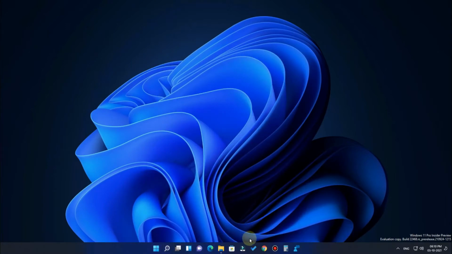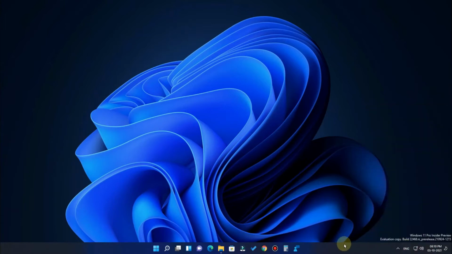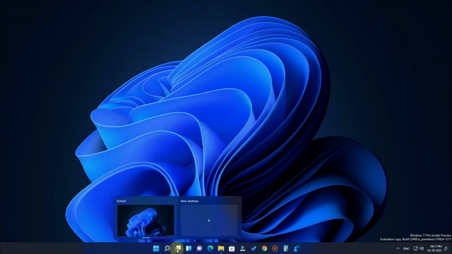So the design is completely changed in the new Windows 11 operating system, and as you see here, the transition also looks good. I'm tapping here, and there is a slide out from the right side with new connectivity options. All the transitions look good. Even when I'm hovering over any opened program, the preview is designed with rounded corners, and it also comes with the acrylic, transparent design. Overall, in terms of design, it looks good, and the transition also looks good. It's faster. Now the next feature we are going to see is the virtual desktop, which is nothing but the task view.